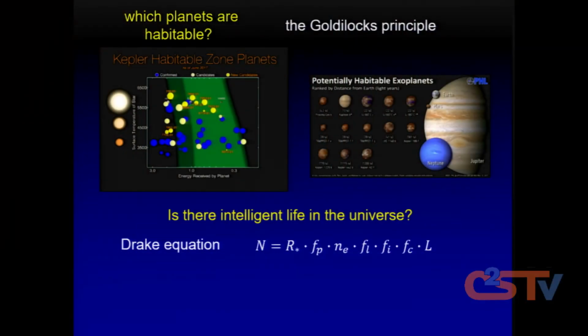And whenever physicists encounter a question to which they honestly don't have an answer, what do we do? We write down an equation. And this is called the Drake equation. And the Drake equation says, well, the number of planets in which intelligent